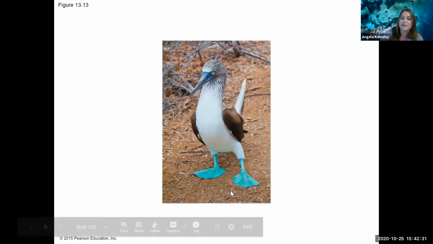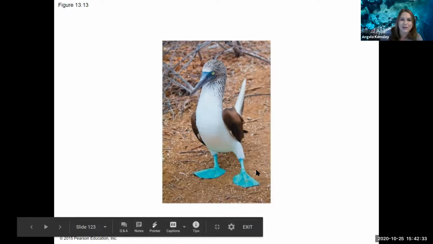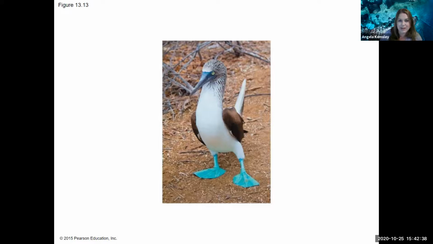And so we see this a lot when we talk about sexual dimorphism, where the males and the females look different. It's typically the males that are bright and flashy. Think of peacocks, think of lions with their big manes. Birds are a great example because they have some adaptations to attract those girlfriends. It's usually the males trying to attract the females.